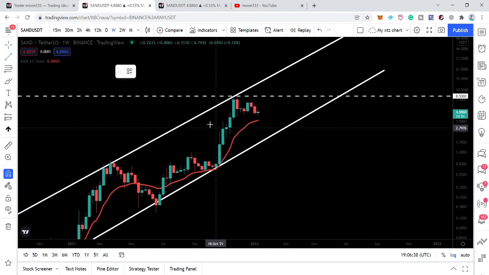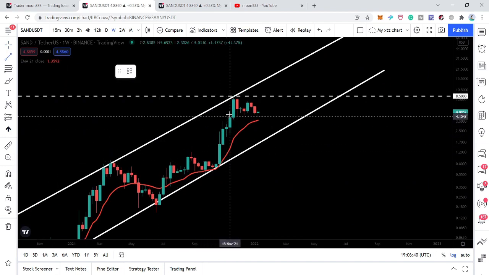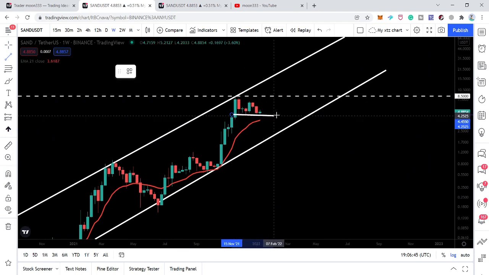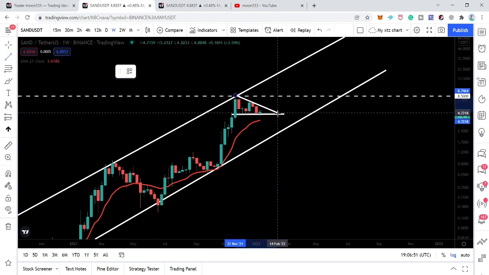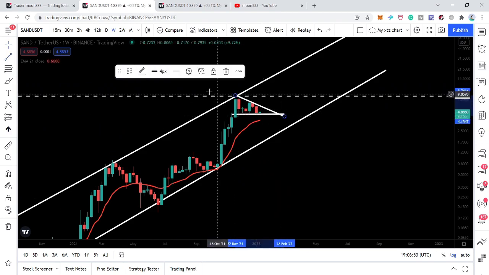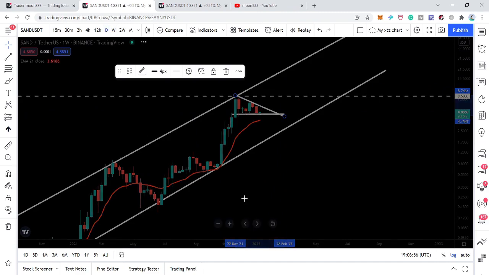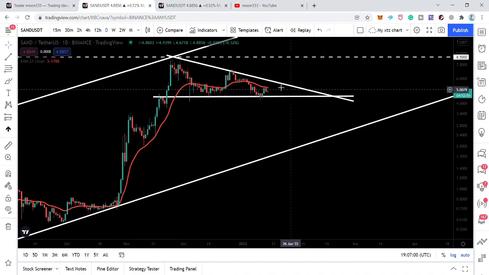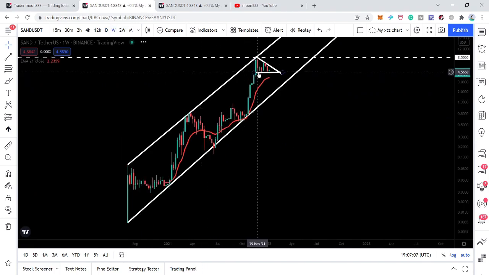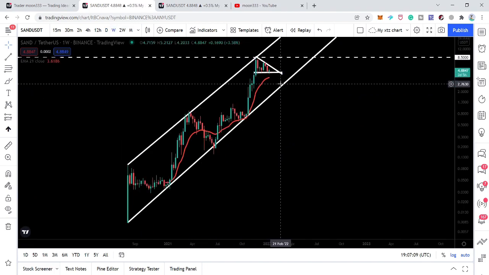And if we zoom this chart out and dig into this move more deeply to see what's happening on the smaller time frame, first of all, let me place some trend lines, because on the bigger time frame you can identify the move and the patterns very well. Then you can see here we have a support, and here we also have a resistance. Now if we switch to the daily time frame, we can see that the price line has formed a descending triangle, and now this support of the descending triangle is preventing the price line from moving further down to this support of the channel.